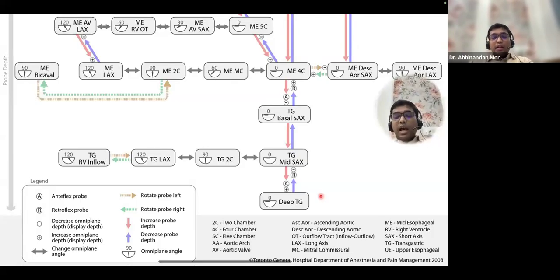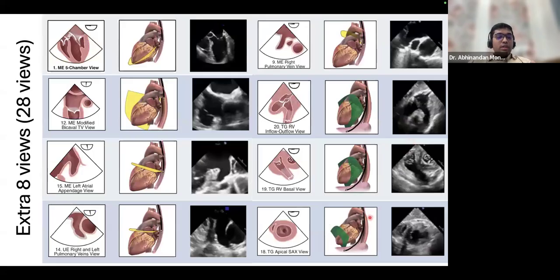But I will be discussing another 8 views, that is 28 views, and the further another two views, that is 20. So what are the extra 8 views among the 28 views that we'll be discussing even more? These are the 8 views that have been added to the guideline in the